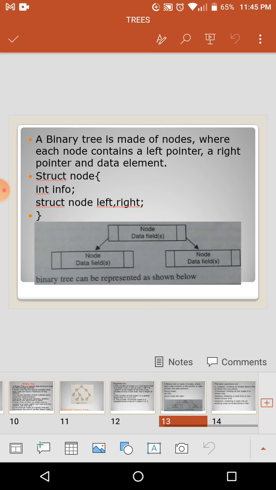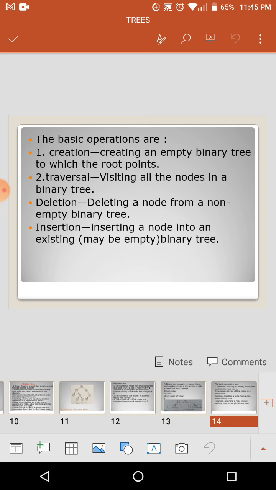What are the basic operations? What are the basic ADTs of a binary tree? What are the basic ADTs of our linear data structure? Just like push and pop, which are the different operations for the stack, here also we can create a tree by inserting a new child to a parent. Again, a child has its own children, and even children have their own sub-children.